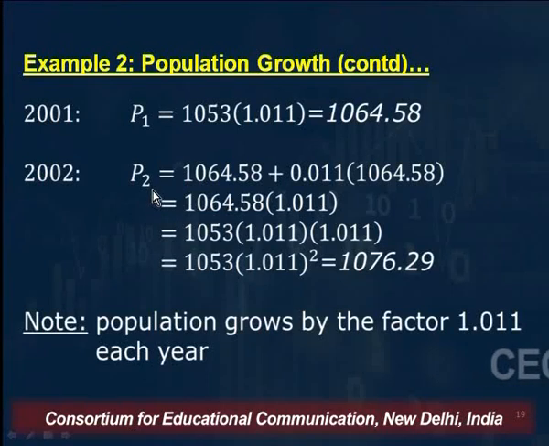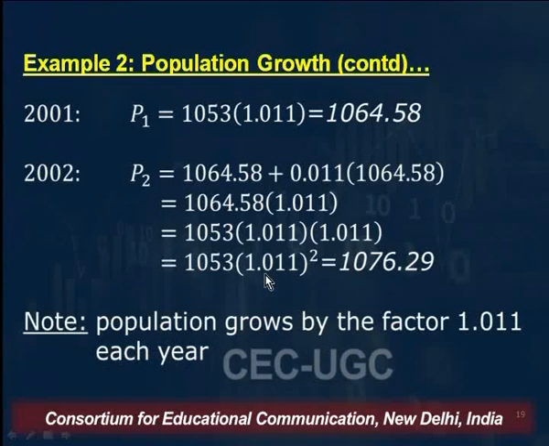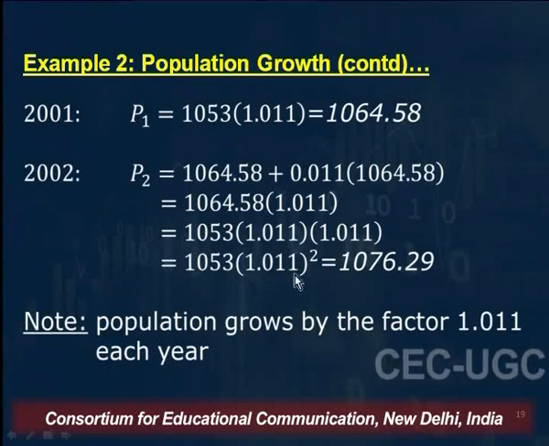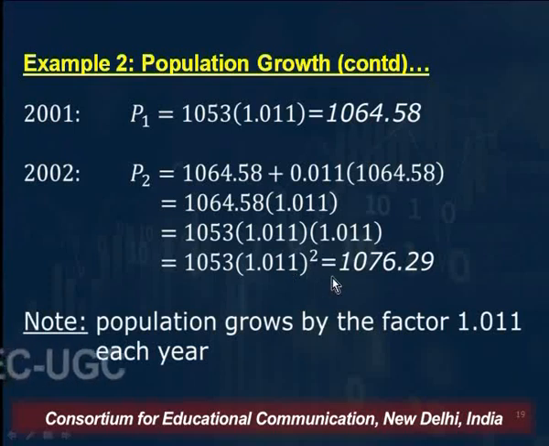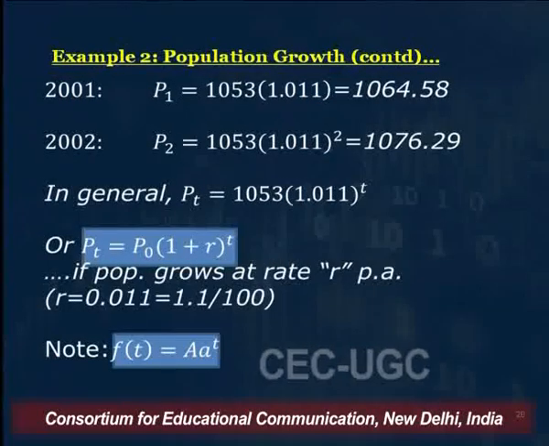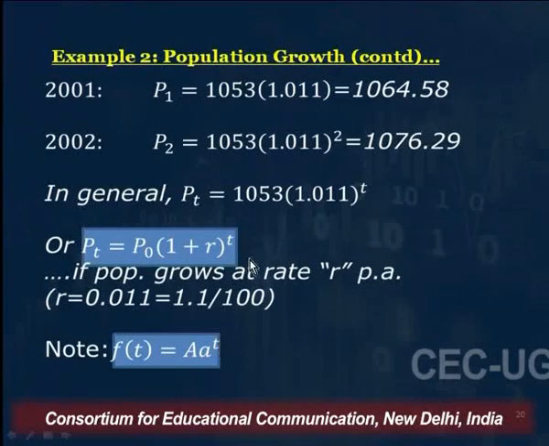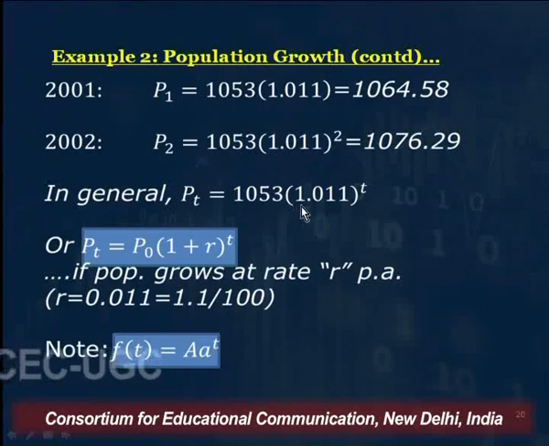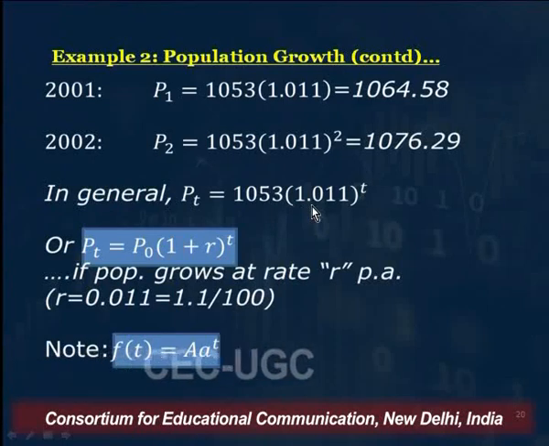And if you look at these calculations, the population in time period 2 now becomes 1053 times 1.011, the whole squared, right, because this is time period 2, which is equal to 1076.29 million. And in general, I can write P of t as 1053, because that's my initial population, times 1.011